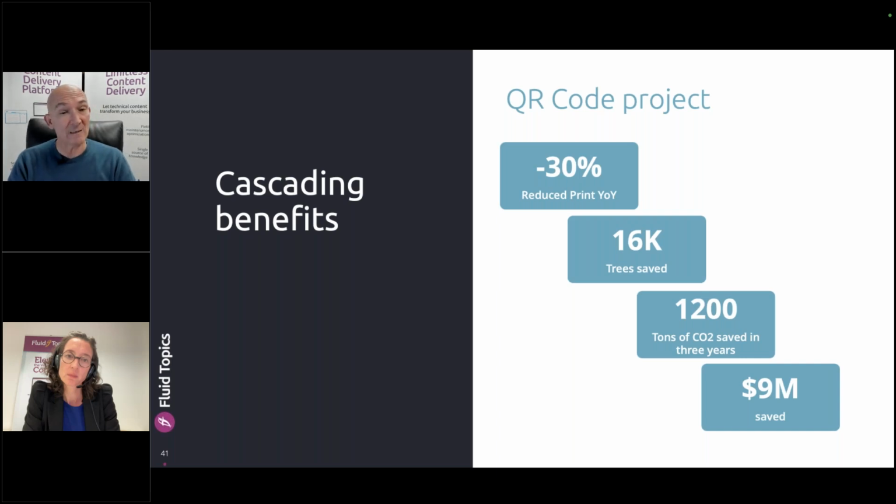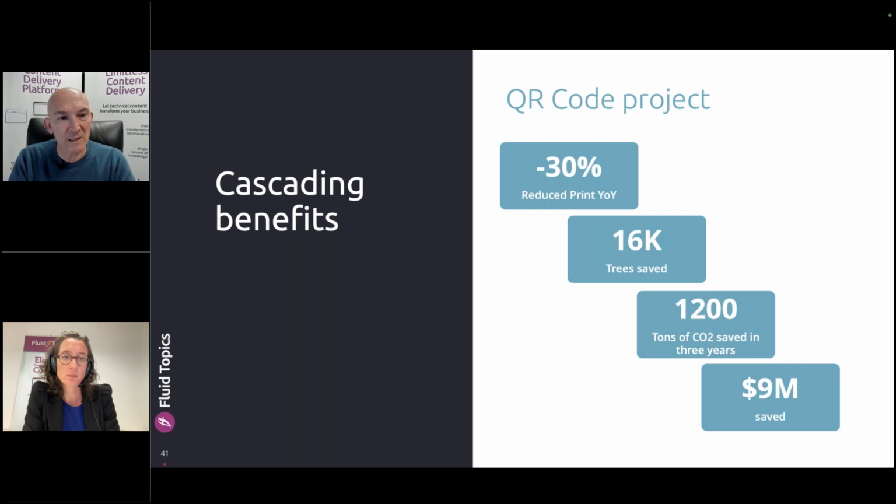So what they did is pretty simple. They said, okay, let's put QR codes on the boxes and on the devices themselves, because people don't know exactly the model number or whatever. And they said, well, if people can scan the QR code and get access to the exact documentation for that device in that configuration, then maybe for maintenance, then maybe they can do it as well for installation, so they don't need the documentation anymore. So let's stop printing. And just over 3 or 4 product lines, they stopped printing everything, just put QR codes on the boxes, on the devices.